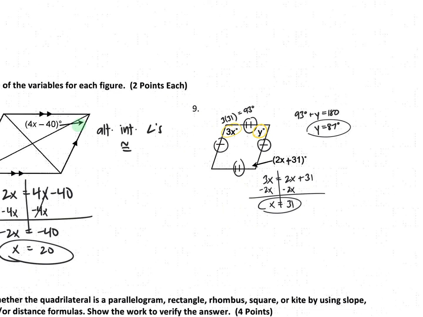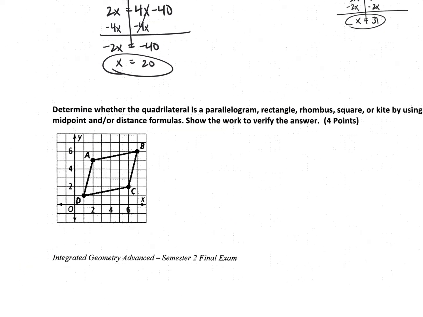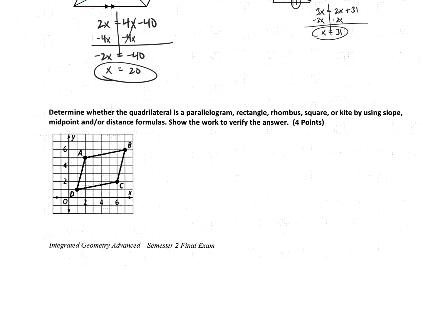All right, moving on to number 10. It says determine whether the quadrilateral is a parallelogram, rectangle, rhombus, square, or kite by using slope, midpoint, and/or distance formula. Show the work to verify the answer. So for this shape right here, ABCD, we can check a few things. We can check slopes, we can check distances. So if I check all of my slopes,